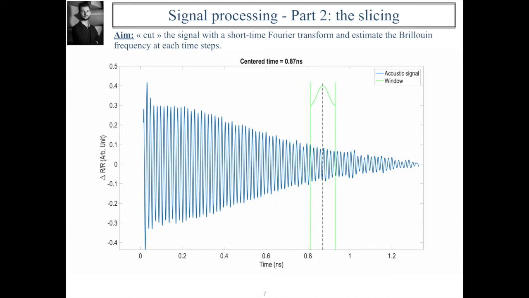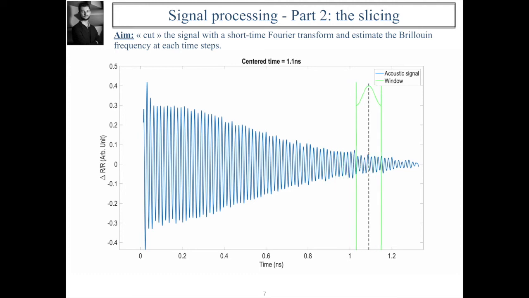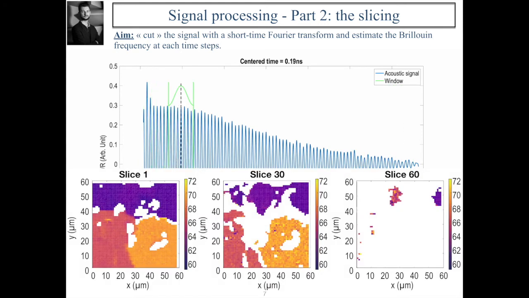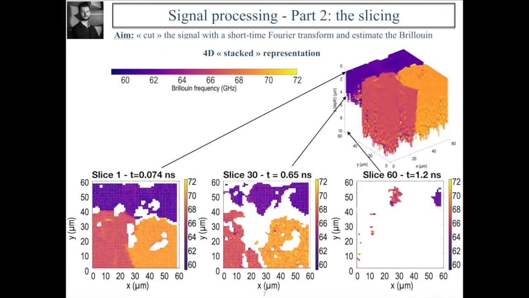If we regroup the Brillouin oscillation frequencies estimated in each signal for a same slice of the signal, we can have the same kind of representation as previously, but this time with information over depth. Finally, gathering all these slices of the sample together allows a 4D stacked representation of our polycrystalline sample. This representation is composed of pixels located by their spatial coordinates x, y, z and by a color depicting their